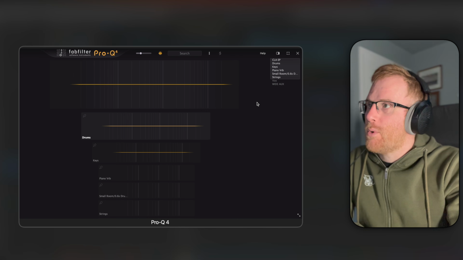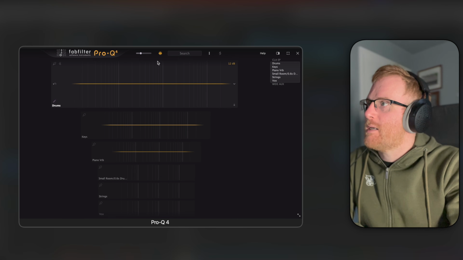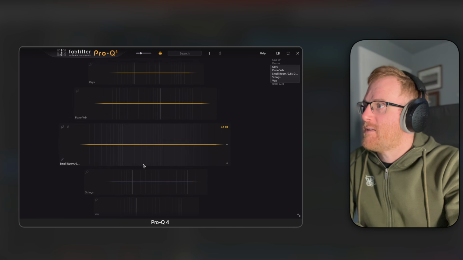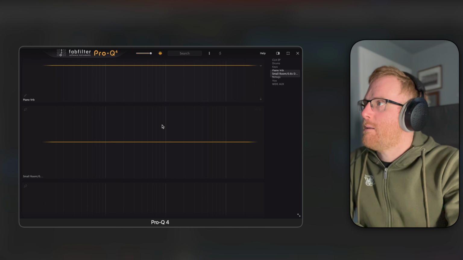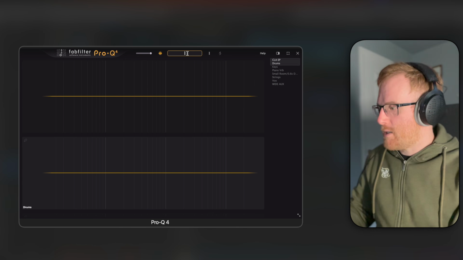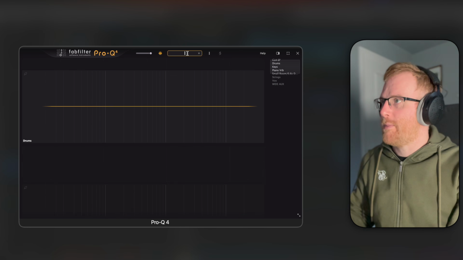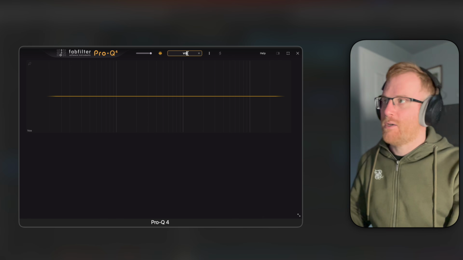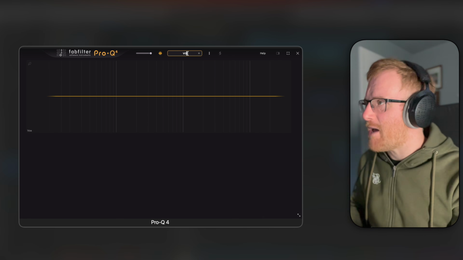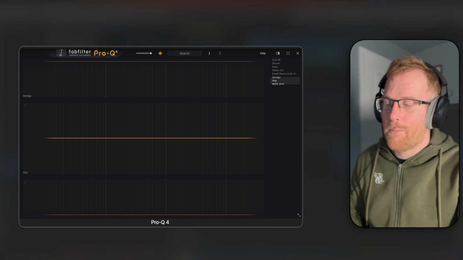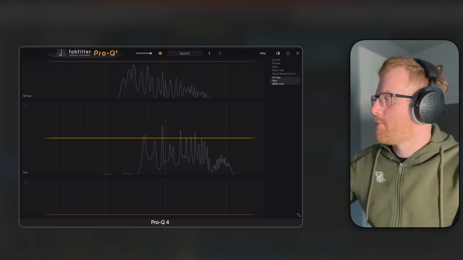And I'd say what's very nice here is, depending on how zoomed in it is, it zooms in on any that you have selected. If we zoom it all the way in, then they remain as is. We can search for any particular one. So if I put in drums, it will find the drums for me. If we look for Vox, it will find the Vox for me, and it filters everything else out in a really nice way. Now, if I play back the track, and I'll unmute everything, but turn the volume down,